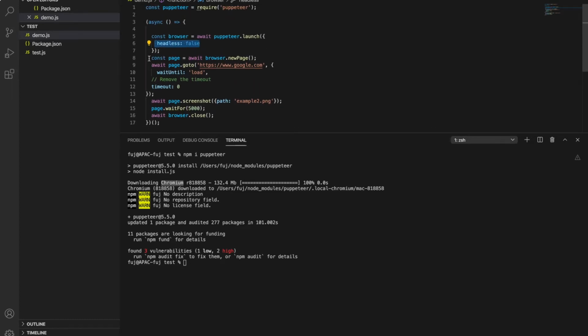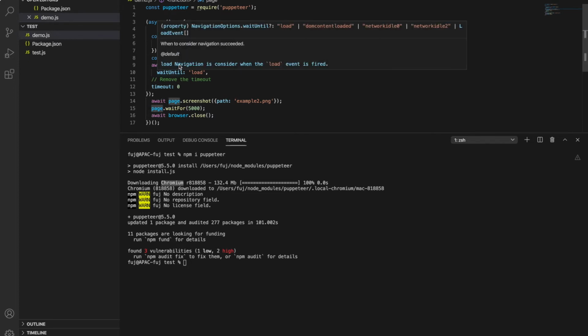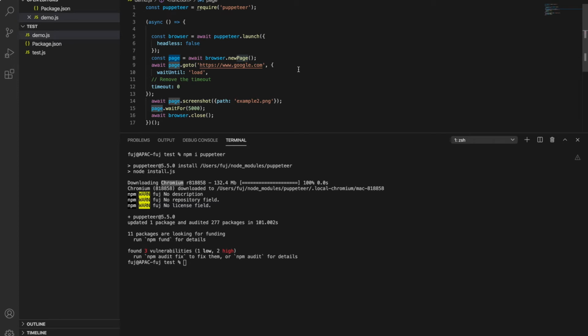After that you can have const page. The page constant comes when the browser opens a new tab. I am opening one tab and taking it as a constant page. This page has all the methods. Like in Selenium we have driver to get XPath and so on, here we have page. Those who know Selenium can relate to that. Those who don't know, no worries. With page you have all the classes to go. In the next video I will go through all the classes we can have in page.